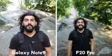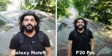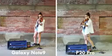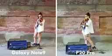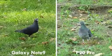Onto a typical portrait, the P20 Pro's contrast and details seem to be better than the Note 9. Edge detection on the P20 Pro is better overall, especially considering areas like my hair, which is a unique challenge for most smartphones that enable portrait mode. Testing out 2x zoom here, the Note 9 is definitely looking much sharper and more natural compared to the P20 Pro, but at 10x zoom, neither phone is outstanding in this case, but the P20 Pro is slightly better with